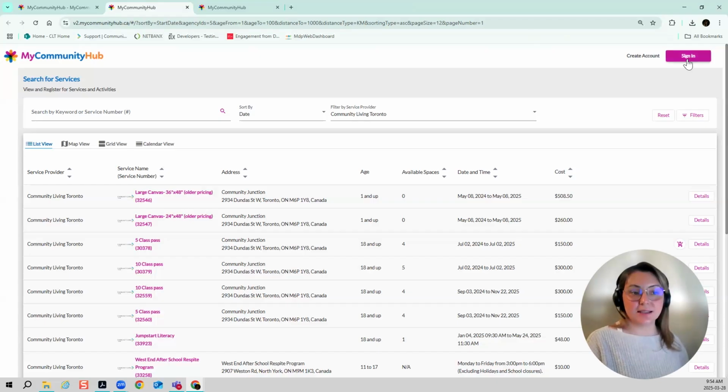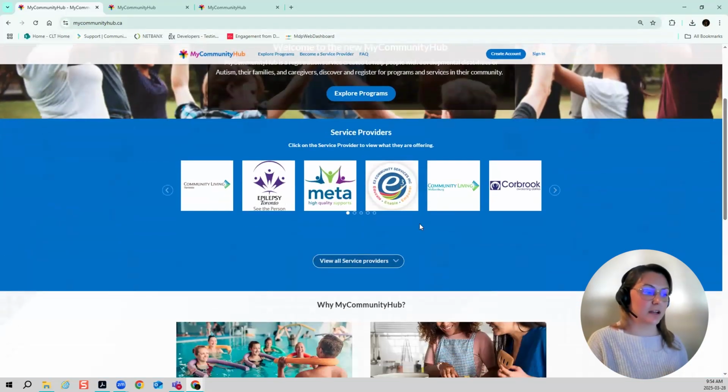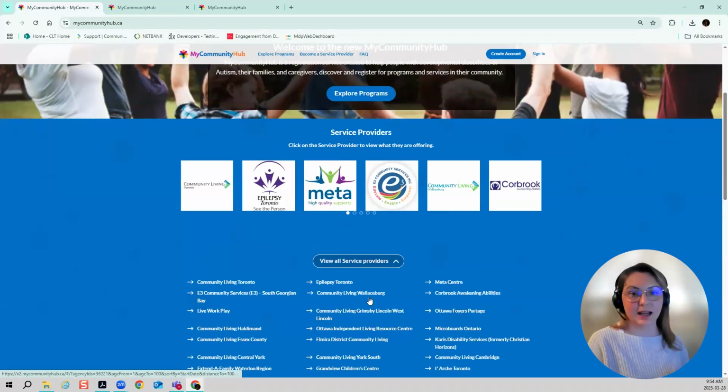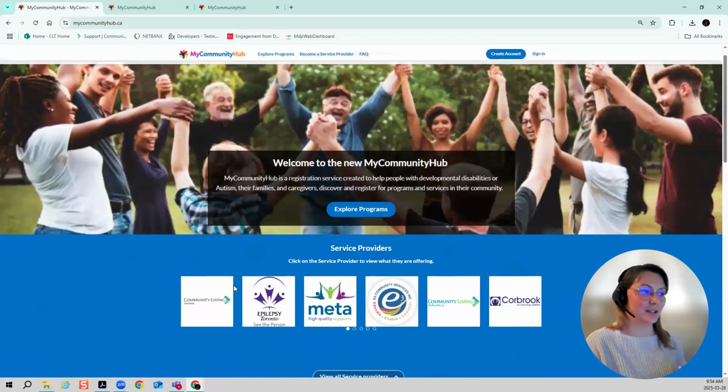Now you'll notice that I'm not signed in yet. So I can look at the programs, I can read about what's being offered. But if I was to go in and try and register or do anything further, I would be prompted to sign into an account. So you do have to have an account and be logged in in order to actually register. Going back to our landing page here, we do have the little carousel, and we do offer it as written out as well, just for anybody who prefers to view things that way. And it works the same way. If I clicked on any one of the names, I would go to a curated list for that specific provider.